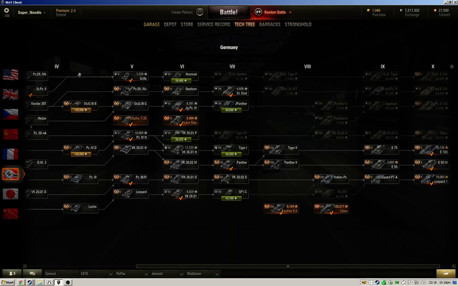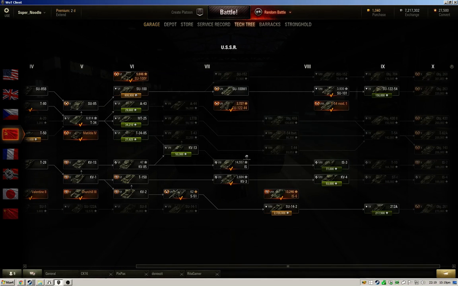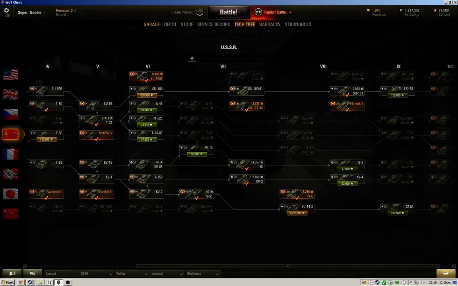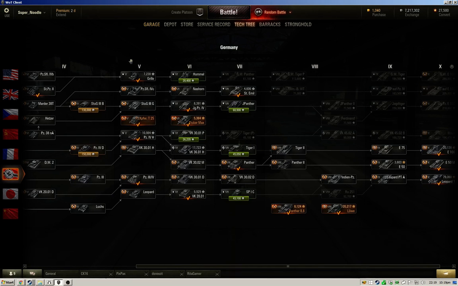I'm trying to think, what kind of premium tank would be most like the Russian mediums? I suppose in design the T-54 Mod 1 is, but I don't think that would play like any of the Russian mediums. If they still have the Type 59, I would say buy a Type 59. That's where you'll learn how to play a Russian medium. So...